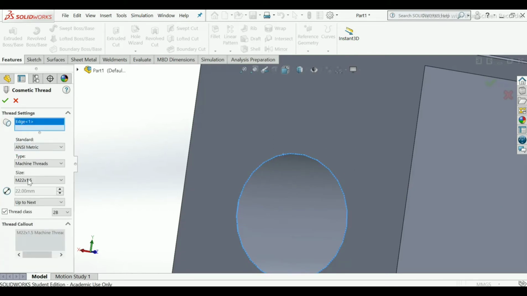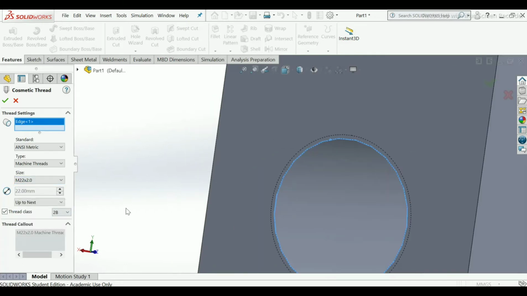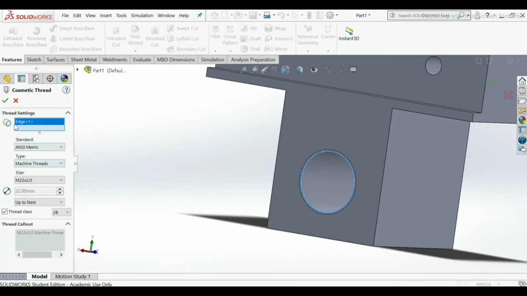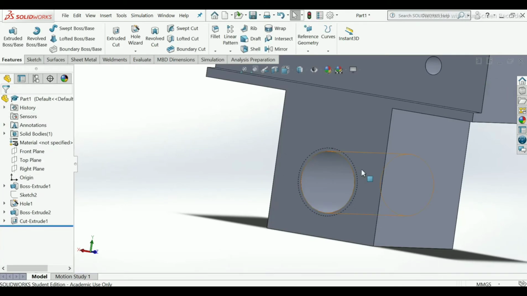It will automatically select the type of thread and the size. You can change it also by dragging this. Make it M22 by 2. Okay.